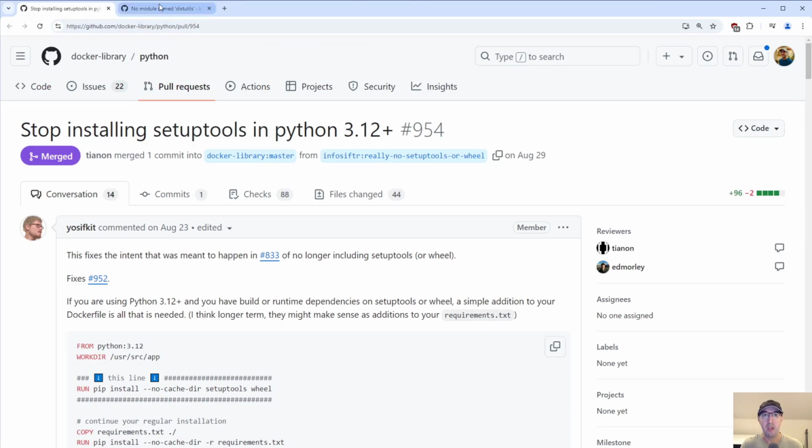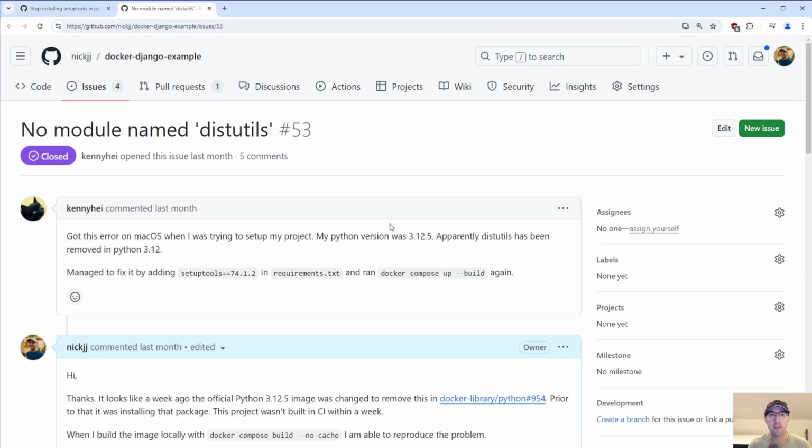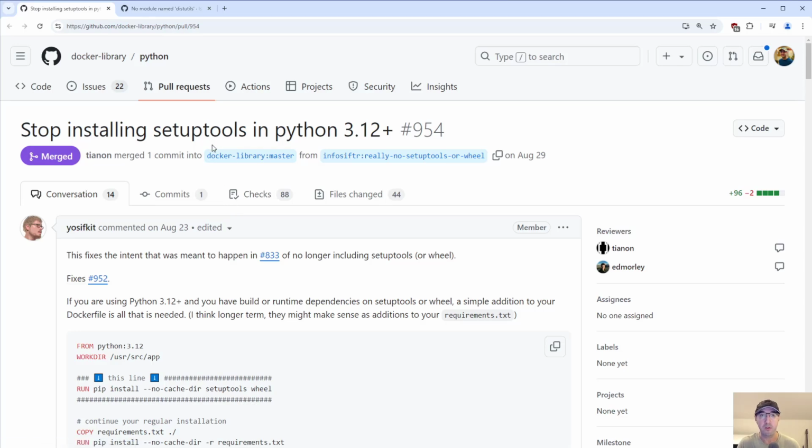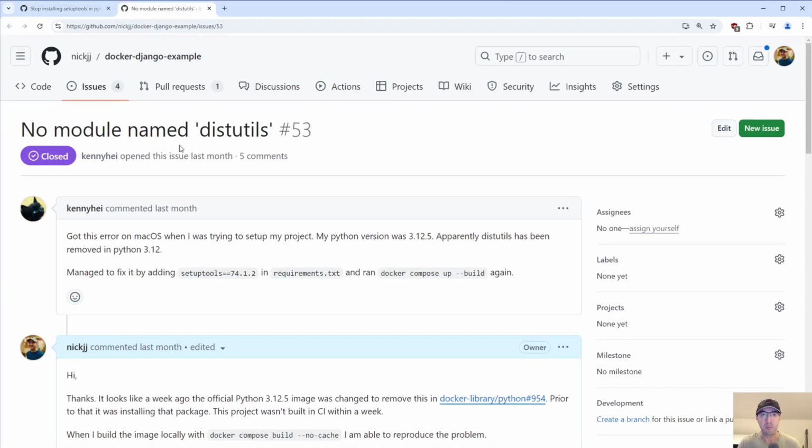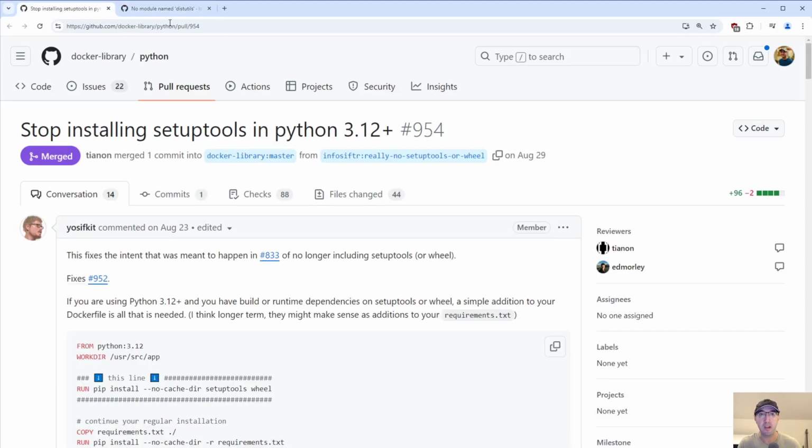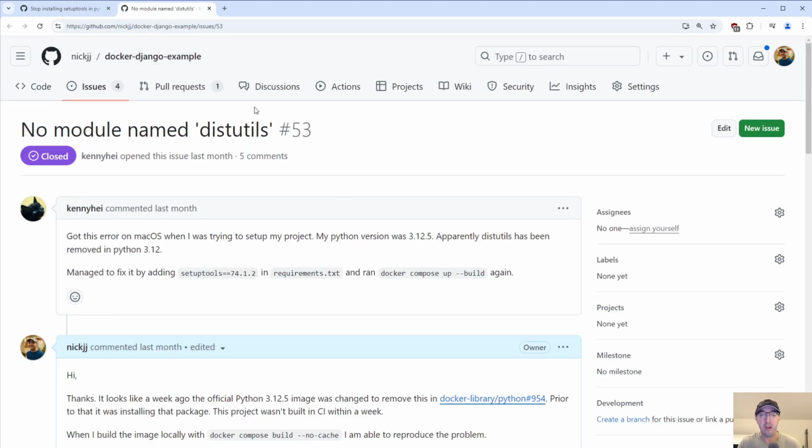And what's interesting there is, I've got this example Flask app as well as a Django app. Now, someone was using this Django app here, and they started getting this error: no module named distutils. Basically, setuptools was removed. Now, what's really interesting about that one is when I updated this project, let's say, maybe a week or so before this pull request was merged, then CI was working, this problem didn't exist, but then, over time, the pull request got merged, you start building the new image from scratch, from the top, and now suddenly setuptools